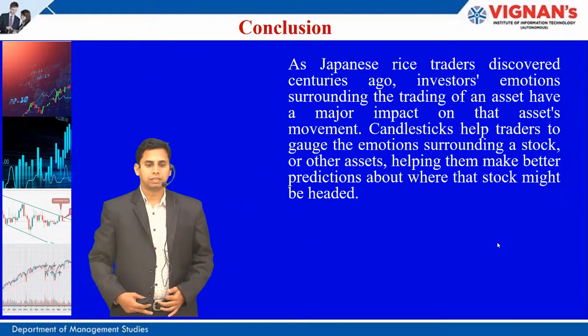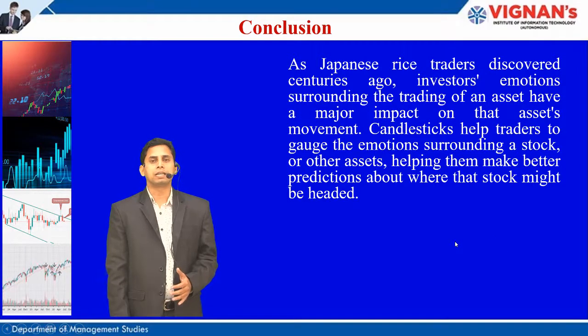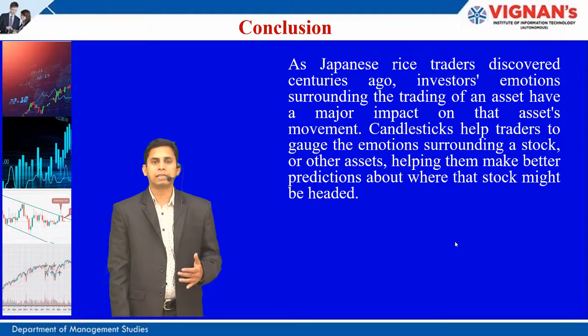Conclusion. Now let's see the conclusion for the topic. The Japanese candlestick charts were introduced in the 18th century by Japanese traders to trade rice, but even today Japanese candlestick charts are being used by many traders due to their importance and prediction capability for various stock prices. That's why candlestick patterns or chart patterns are useful to traders in many ways.